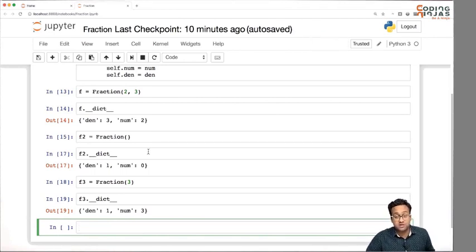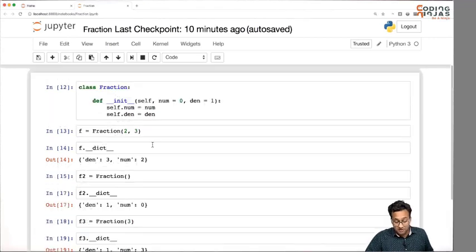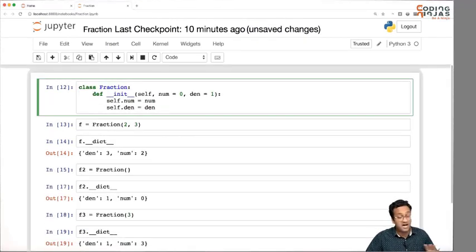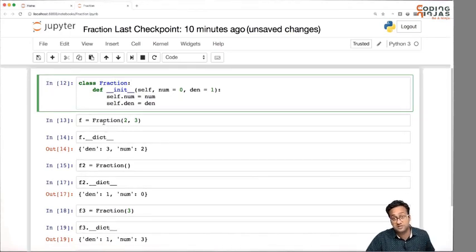It should make sense. In case of student, I don't think a default name really makes sense. A default roll number doesn't really make sense. So we want, whenever you're creating a student, you should pass both the values. But when you're creating a fraction, that's okay, right? We would want the user to be able to pass both. If the user is just passing 1, we can assume that's the value that they want the fraction to take. If they're not passing anything, we can initialize the fraction by default with 0. Perfect. So we have our fraction class, which has just the init method right now, but we can create fractions in 3 different ways. Okay, perfect.